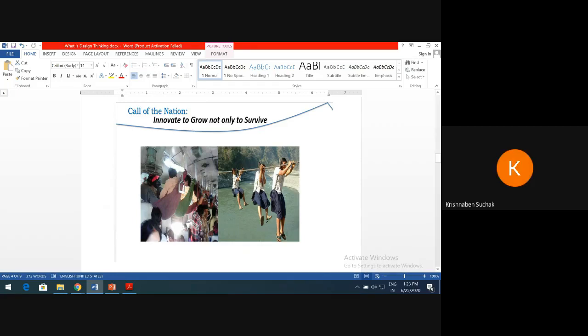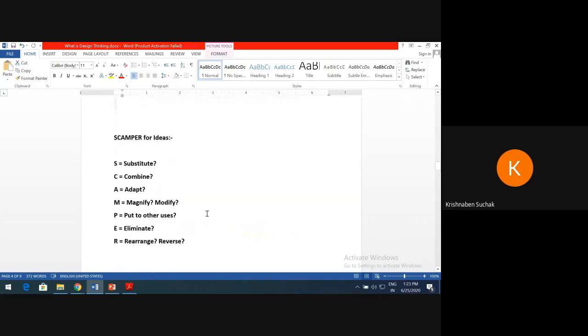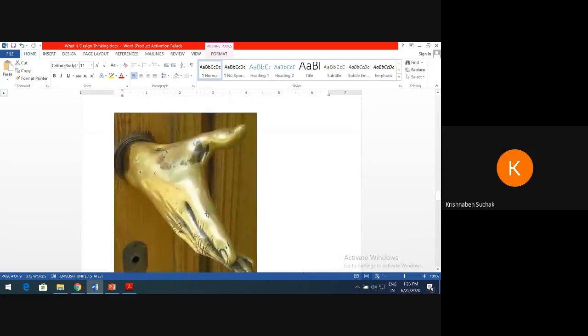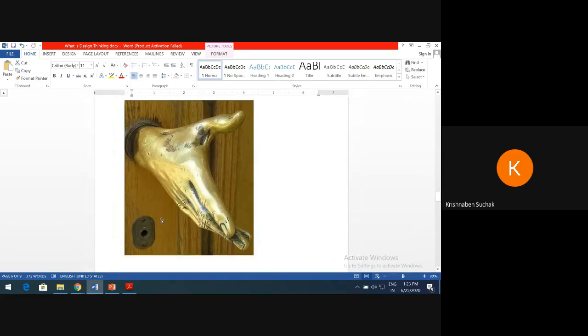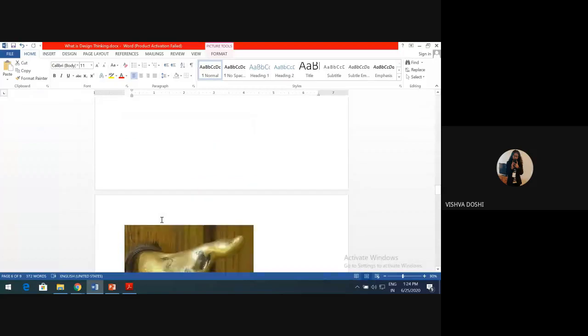Dhruv. Now there is the next picture. Let us please go to that. Okay. Can anyone say what this is and why this picture is on the screen? Ma'am, they've used the hand instead of a handle. So while we are opening the door, automatically we shake hands with that handle. Yeah, okay. So that would be good to see. If they keep another handle or anything here, that would also help to open the door. But this is innovation. This is something new. Yes. Yeah. So let us see